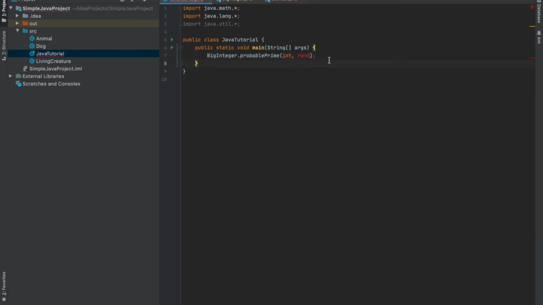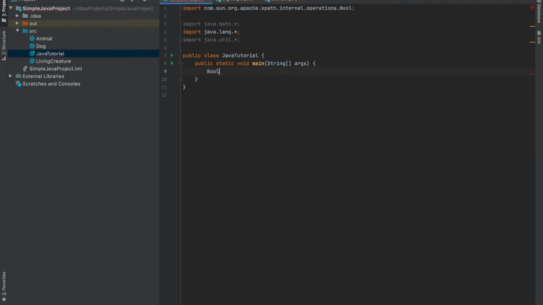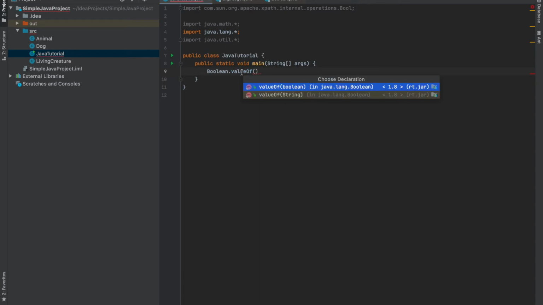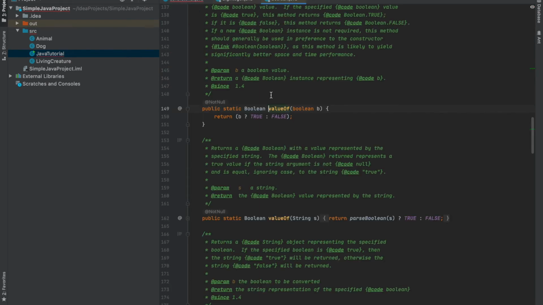Now, static factory methods can return static variables, so the benefit of this is we will not have to create a new object each time we create an instance. For example, for this function, Boolean.valueOf, if you go into the implementation, we can see true and false being returned.